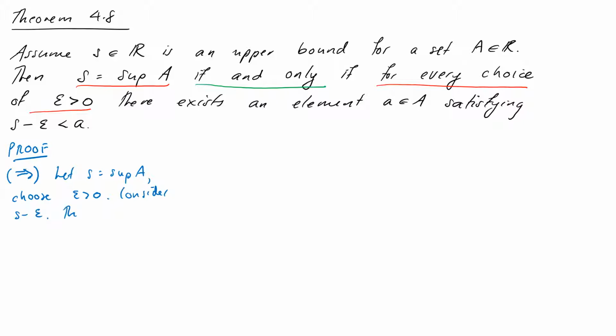This is not an upper bound. Remember, S is our least upper bound, so S minus epsilon cannot be an upper bound for A, which means, okay, if something is not an upper bound, it means there's an element of the set which is larger than it, so which means there exists